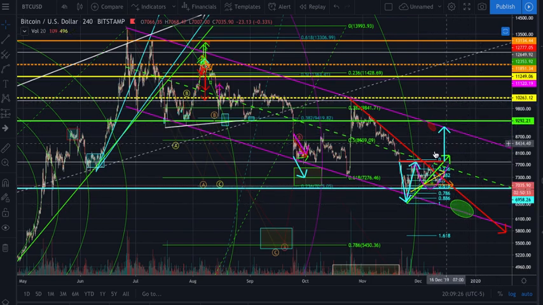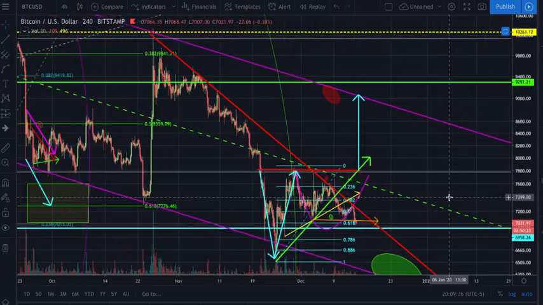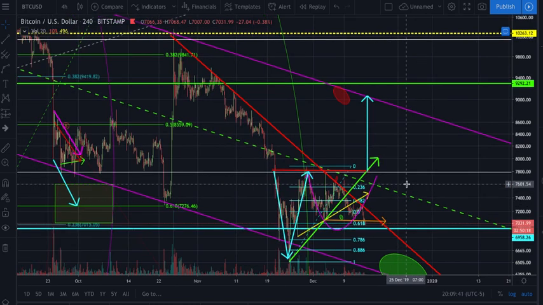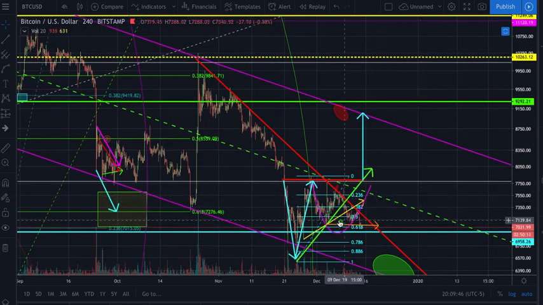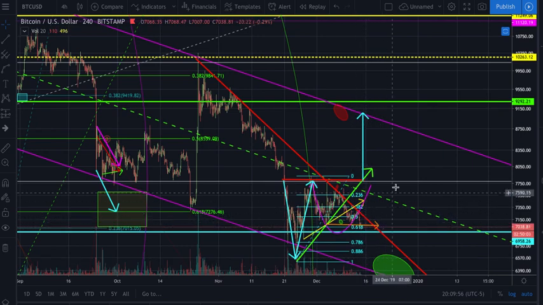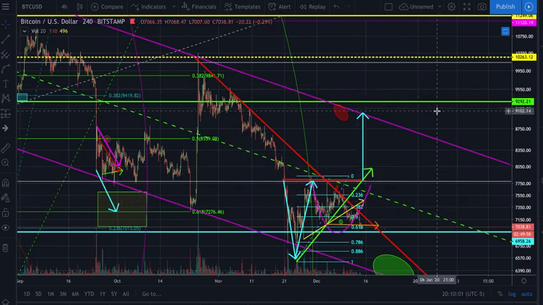Maybe it breaks right here, but looking at this shape and this triangle and everything, I would say that it's more likely at this point in time that it's not going to break. We could easily fill it out for a few more weeks, finish out the year, and then potentially get our move. But a move inside of this range is much less important. That's not going to change anything. If we get the break out of this right here and start moving up in the channel, that's potentially a trend reversal. People get excited. There's momentum.